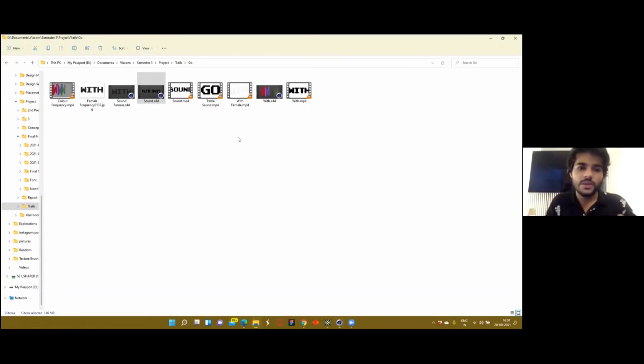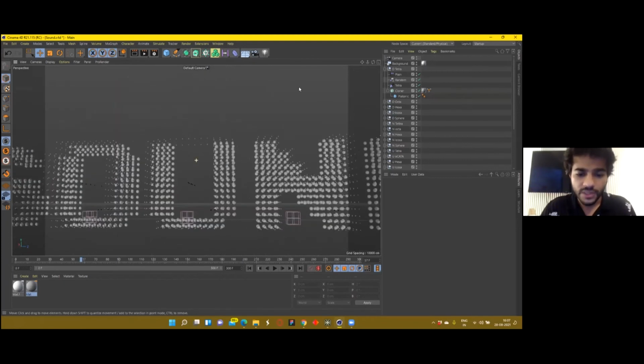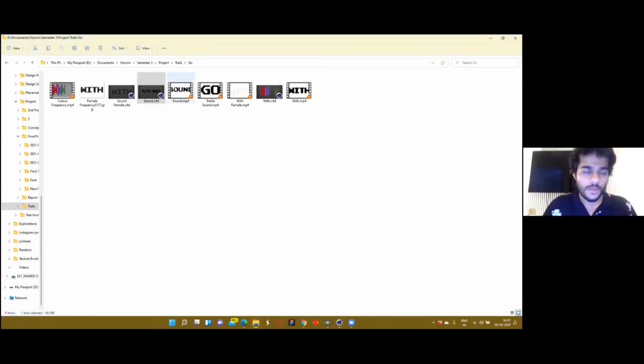So I basically use Cinema 4D. There are certain effectors as well. What happens is there's a sphere. If I play a sound, the sphere individually can go larger and can go smaller. But all of this working together can create a different scenario, a different visual. So let me just show you that example.